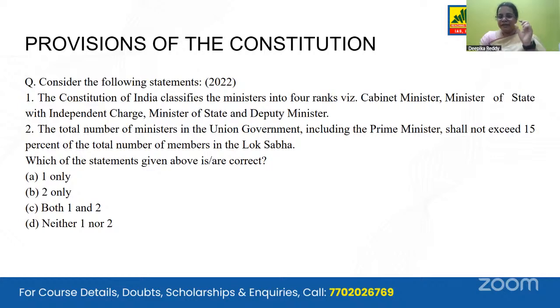For example, whenever we talk about India and progress, we talk about welfare state, but welfare state is a term nowhere written in the Constitution. So you should be very specific. This is with regard to the provisions of the Constitution, whether we have classification of ministers in the Constitution or not. Unless you have read about this under Articles 74, 75, and 78, you'll not understand. You'll not be able to answer this question.